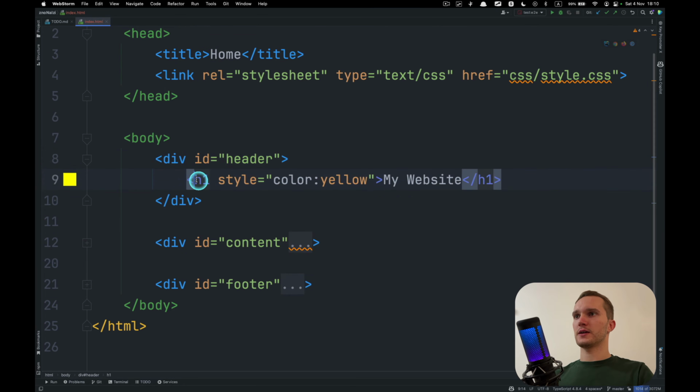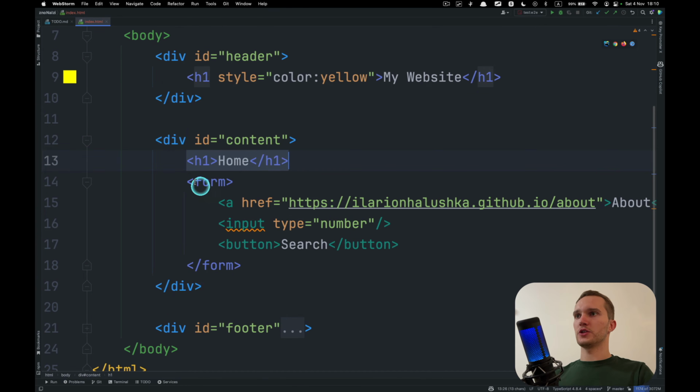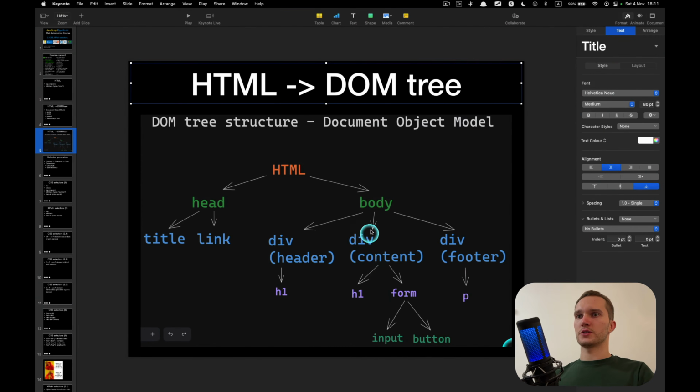Header, and header has h1. h1 basically stands for header. Then we have content. Inside of content we have h1 and form. These are the children of this component. Let's check here. Okay, we have here h1 and form, and then form has its children.